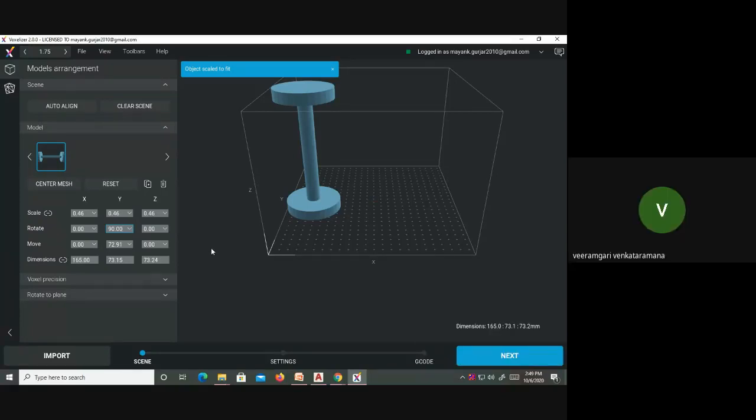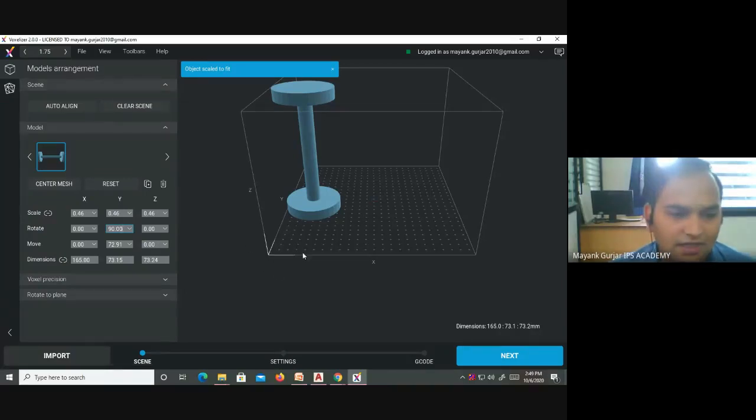Yes, sir. So the process we have adopted for PLA and ABS is the same. Just for ABS, you have to set the bed temperature, because it's necessary for sticking the ABS material, and then we can start printing. The remaining process is the same. In the market, you will get the printer or DIY kit for 3D printing, and we can assemble it and make it for PLA. There is no issue at all. We can go for PLA printing easily, but for ABS material we have to just set the bed temperature.